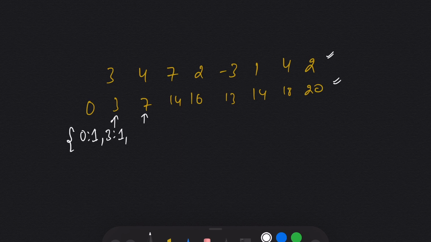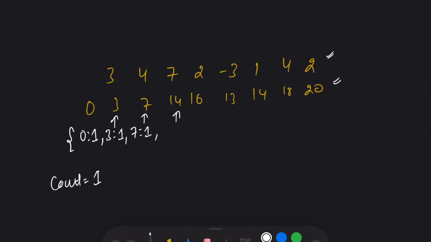I will again take the difference of the cumulative sum, which is 7, 7 minus 7, which is 0. And we have 0 in the dictionary. So I will increase my count by 1 because the occurrence of 0 is 1 time. And I will add 7 to my dictionary.